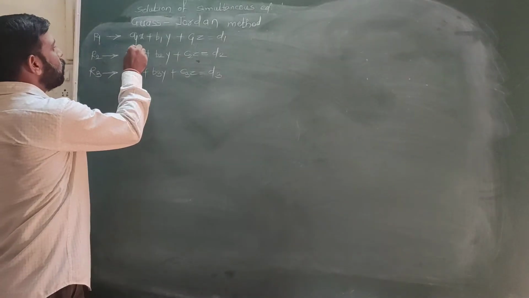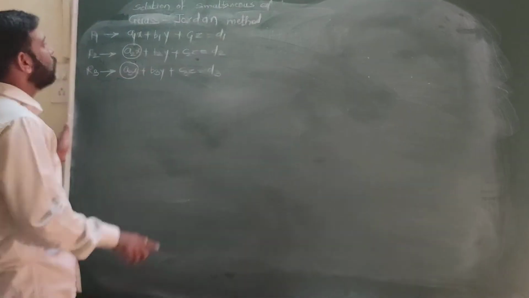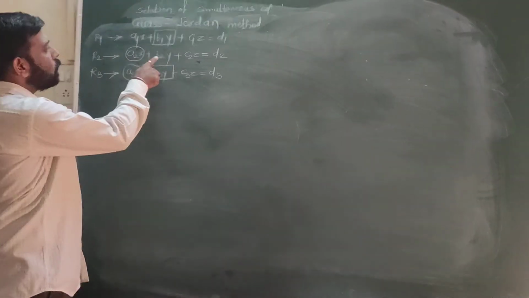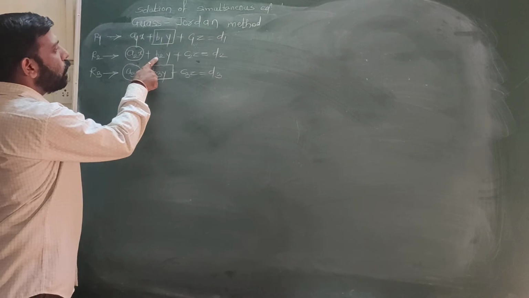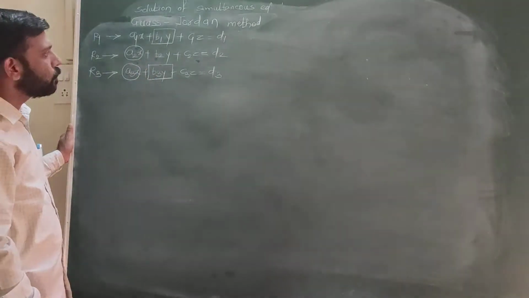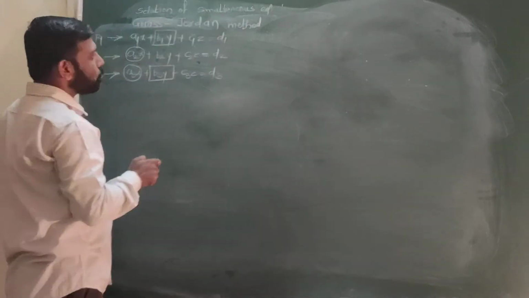First step, make these two elements 0. The diagonal element for these two elements is a1x. This is the diagonal element. In the next step, we'll make these two elements 0 with this diagonal element. So for b1 and b3, the diagonal element is b2 here. This is our step 2, to make these two elements 0.